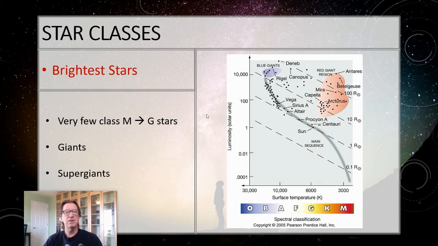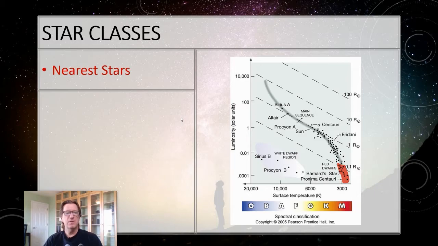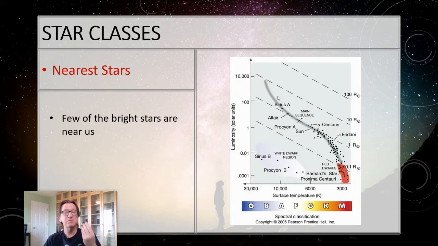But when we plot the closest stars, we find the opposite case. Very few of those bright stars that were up here are near us: Sirius, Altair, or Procyon. Those aren't going to be near us. Here's Alpha Centauri. So those are fairly close, but all these giants, all of these B's and A type stars, most of them are not anywhere near us. The only reason they're bright in our sky is because they are luminous. They are intrinsically bright. They're putting out a whole lot of energy. So they can be a long, long way away, and you'll still see them. We're seeing all of the bright stars in our neighborhood just because they're so bright.